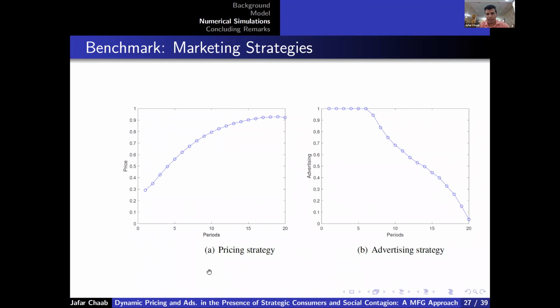So here I am going to present some numerical simulations to illustrate our results and provide some insights. We have initialized our parameters, and one of the main parameters that I would like to mention here is the fraction of individualists to conformists. In the benchmark, we assume that the fraction of individualists is 30%, while 70% are of conformist type. So for this market structure, we have obtained the numerical result,